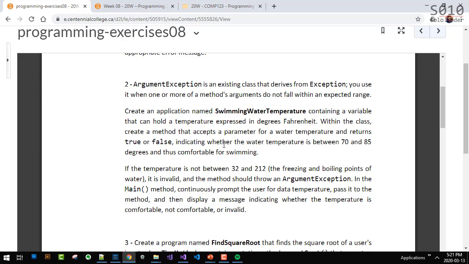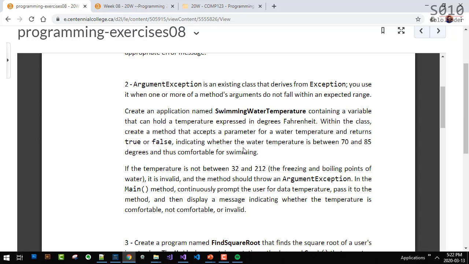If the temperature is between 70 and 85 degrees, that's comfortable, and the method will return true. If it's outside, either lower than 70 or higher than 85, it will return false because it's not comfortable. However, if it goes too much beyond the extremes, and what are the extremes?